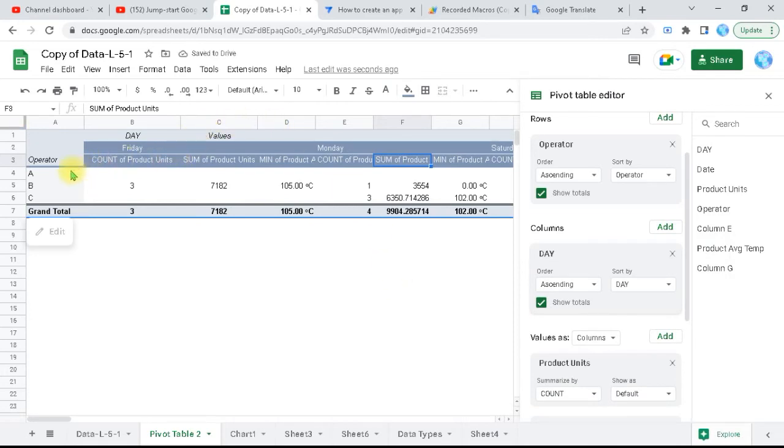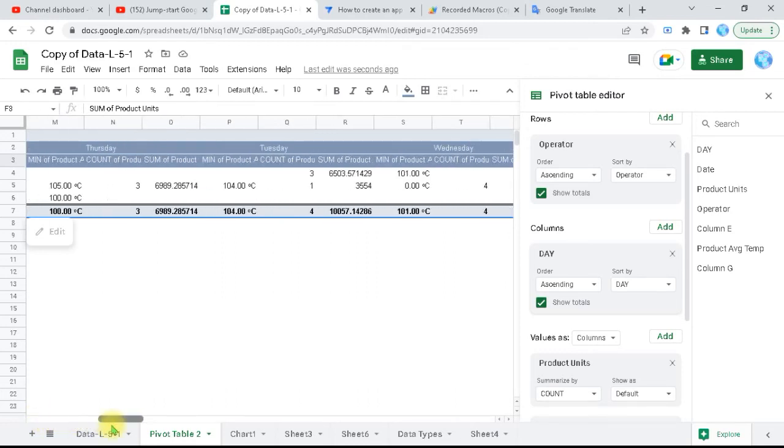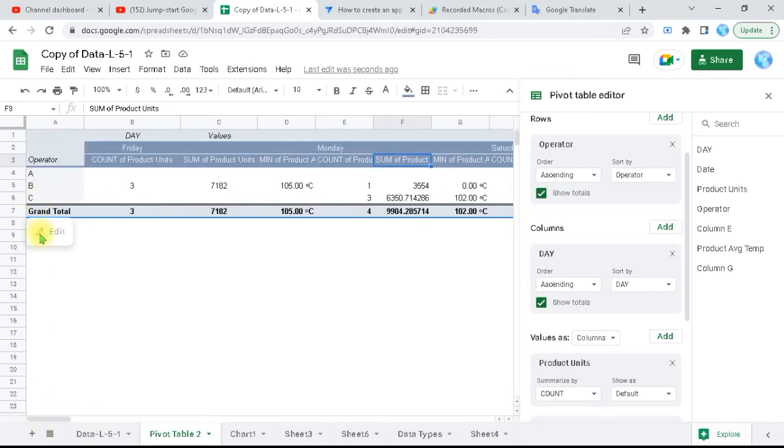So it's group A on Friday. He was not working. He was working on Monday, and so on. So we can see each day which group was working, but in another dimension. That's on the horizontal axis, and that's on the vertical axis, and that's what we need: how many days were used for production, the sum of productions, the minimum temperature, and so on. So like this, easily we can create custom